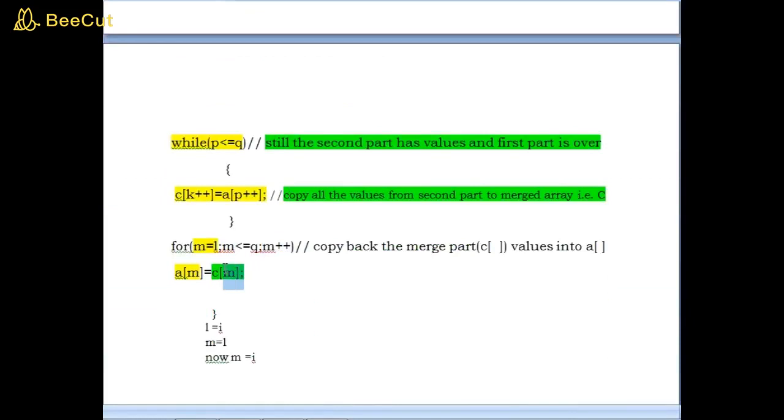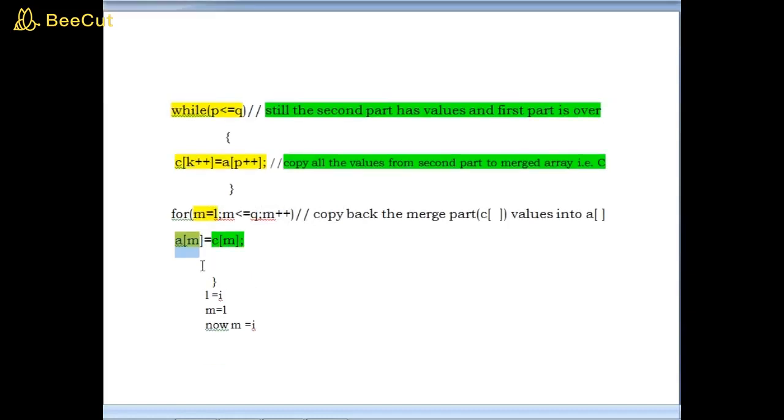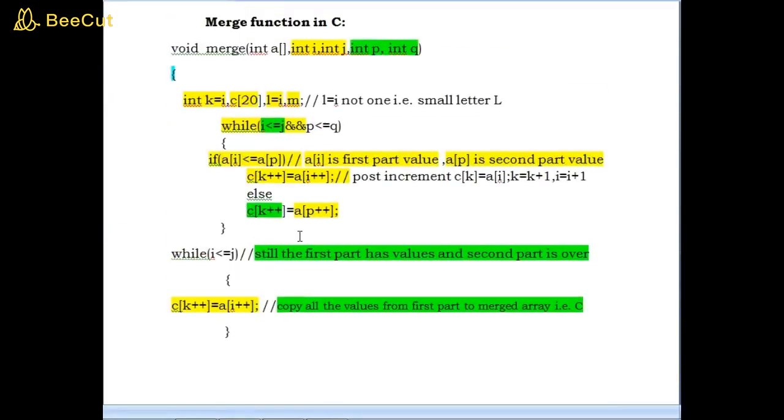All the values from the merged array C are stored in the original array A. So that is the logic of the merge operation in C language. That is the C function which we have written for implementing the logic of the merge operation.